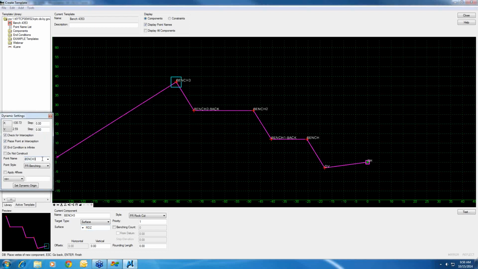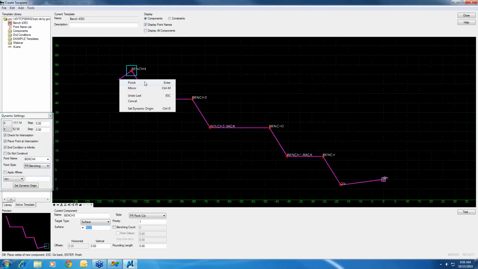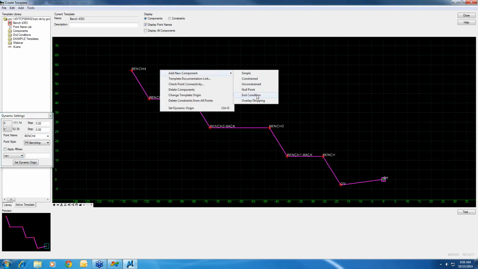So go in and change your point name. We're not checking for interception yet. Horizontal was 18 foot. And then we can come back up. We're going to check for interception, and we'll do our vertical aspect again. So that gets us up to our RDZ. Now all we have to do is throw our